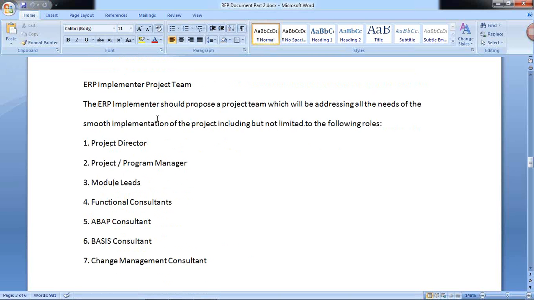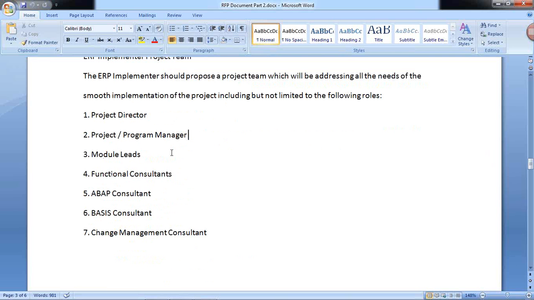Now ERP implementer project team, who all the members here: project director, project or program manager, module leads, functional consultants, technical consultant. These two are technicals. Okay, functional consultant is one layer, ABAP consultant is a programmer layer, basis consultant is installation. Okay, software installations, patchworks, upgrades, server maintenance, all these things. Along with this, we also have change management consultants. These persons identify the changes. I mean, if there is a gap, how to fill up that particular gap, the change management consultant will give a solution for that. Also, if there is a new incorporation of a legal entity, or a new incorporation of a process, the change management consultant will give a solution to that. Okay,